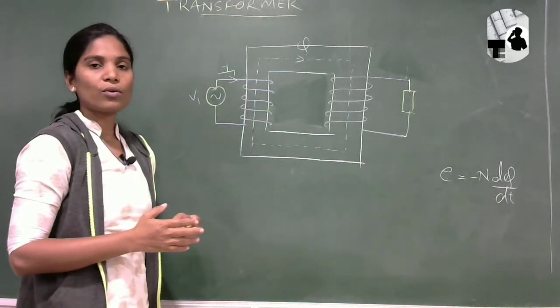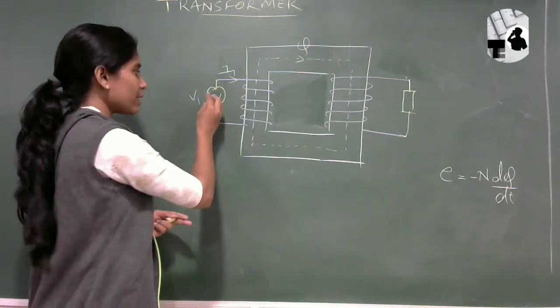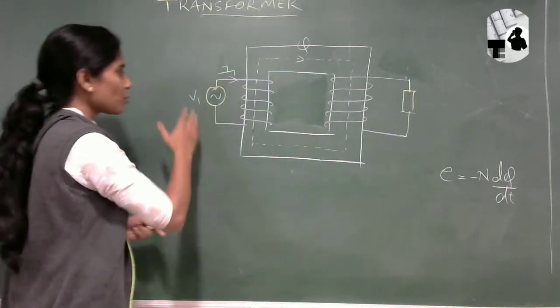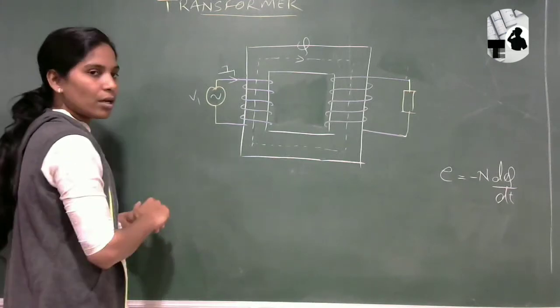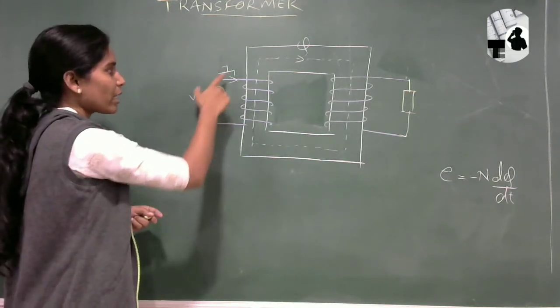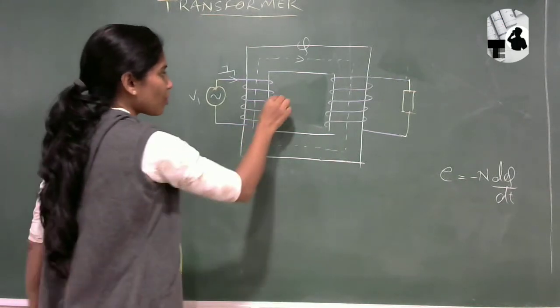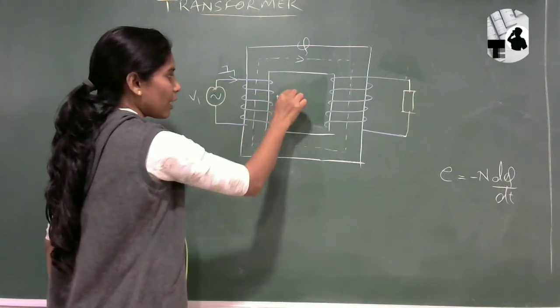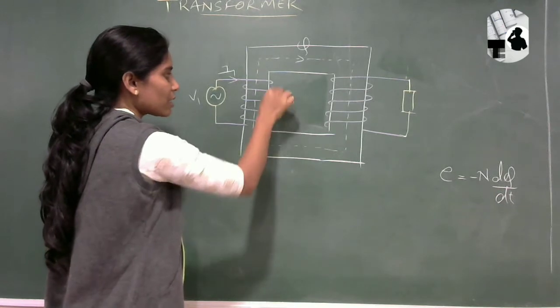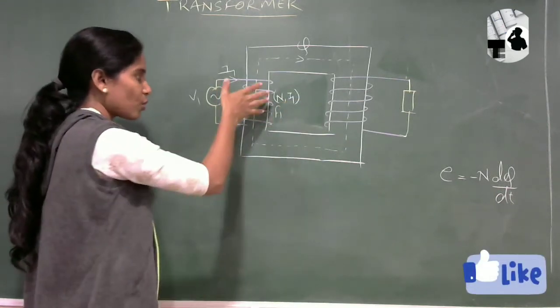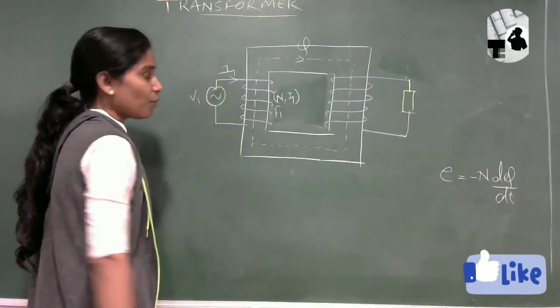So for that what we are going to do now is apply the AC at the supply side. Okay, so suppose this is the AC supply, the value is V1. Now due to the supply V1, we are getting some value of I1 that is going through the primary coil. Okay, and we have the number of turns as N1 and I1 we are providing. So what will be developed? That is F1. MMF will be developed across this coil, and again we will get some value of flux.